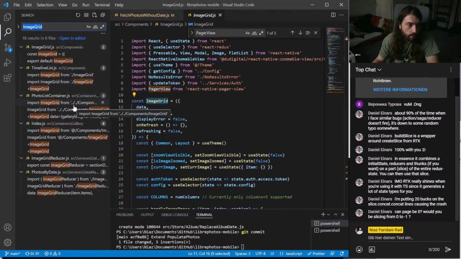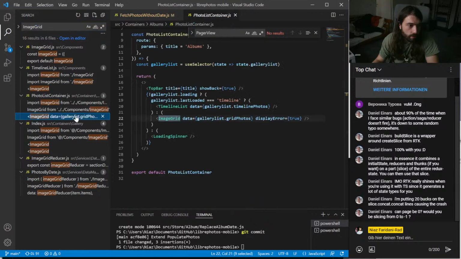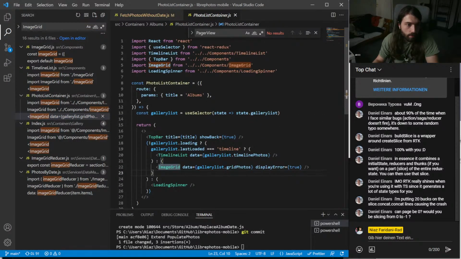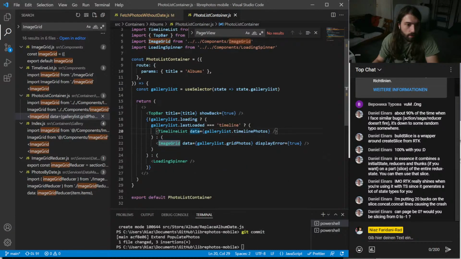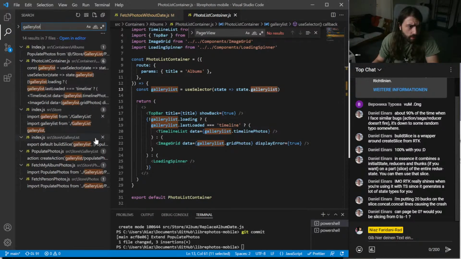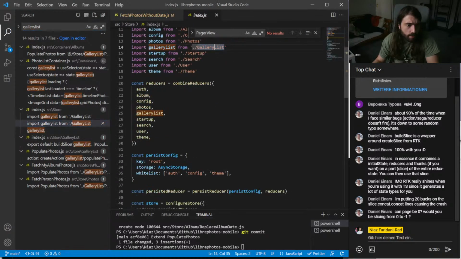Timeline list, photo list container. Here we go. Then we have, so it's either timeline or image grid, right? And what we're getting is gallery list, and that's a state, I guess. And that's in here, gallery list.